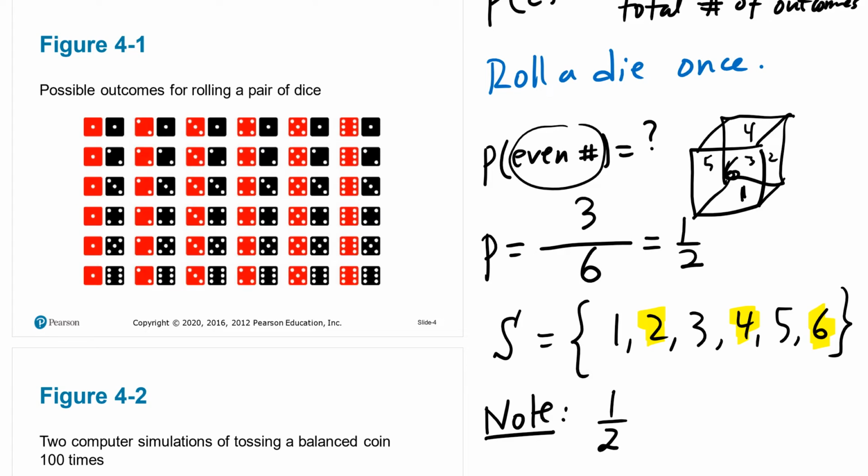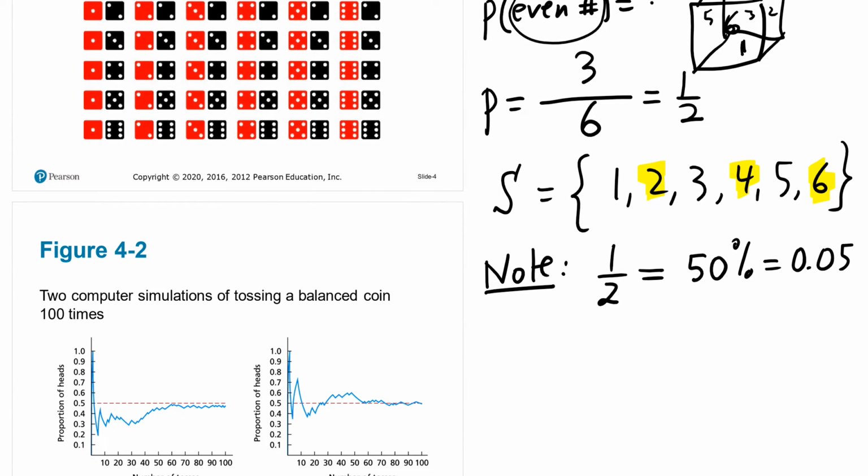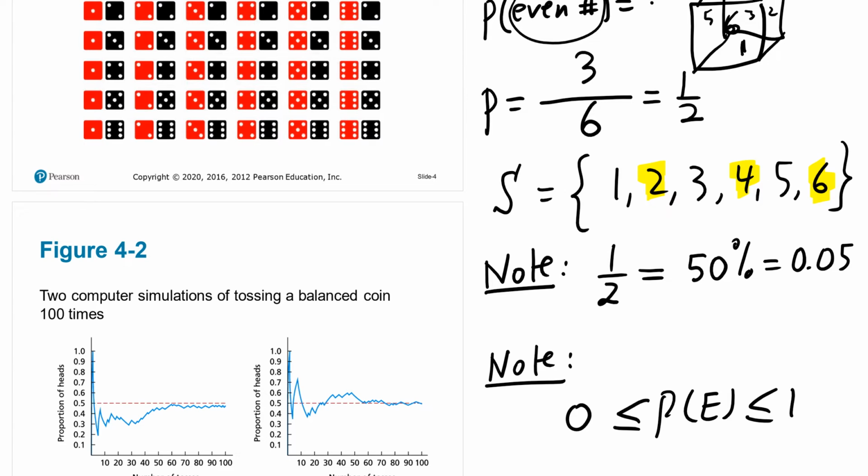Note here, this 1/2 that we got is an answer for a probability. It's a fraction. We can write it also as a percent, 50%. Or you can write it in decimal form, 0.5. So the 3 answers are all acceptable. In MyMathLab, whatever MyMathLab says, you just follow it this way. If you got 1/2 and you key it in and it gives you something wrong, try the decimal or the percent. Now, as another note, all the probability answers that we get must fall from 0 to 1. It can't be more than 1, it can't be less than 0. All the answers should be from 0 to 1.